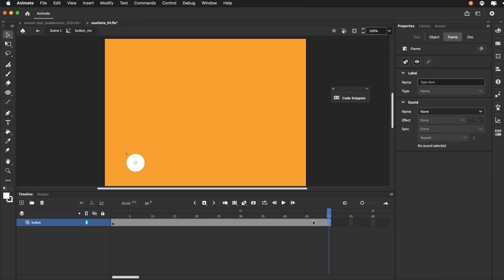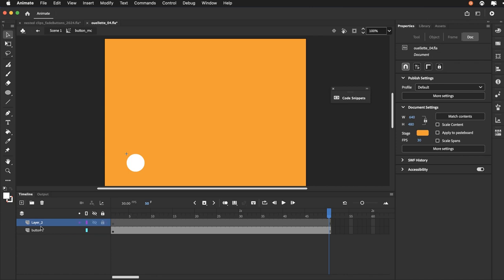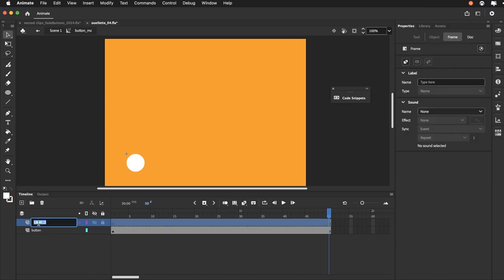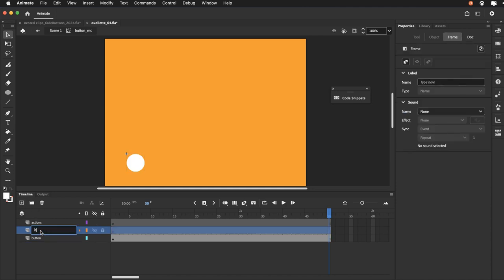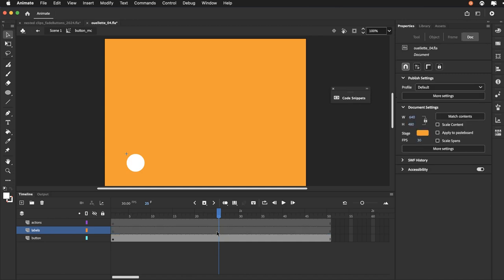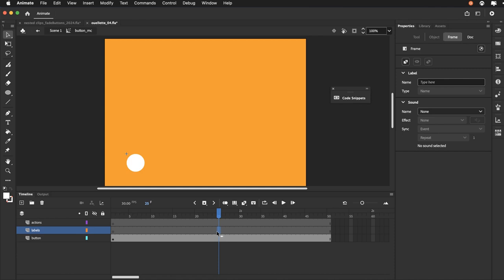Okay, and I'm going to create another layer here, and this will be for my actions. And you know what, maybe I should create one more layer for my labels. So I'm going to go down to button again and just call this one labels. It's just going to be the one label actually. And now let's click on frame 25 here, and you may have to go control click to isolate. I'm going to click away and then control click and keyframe that,